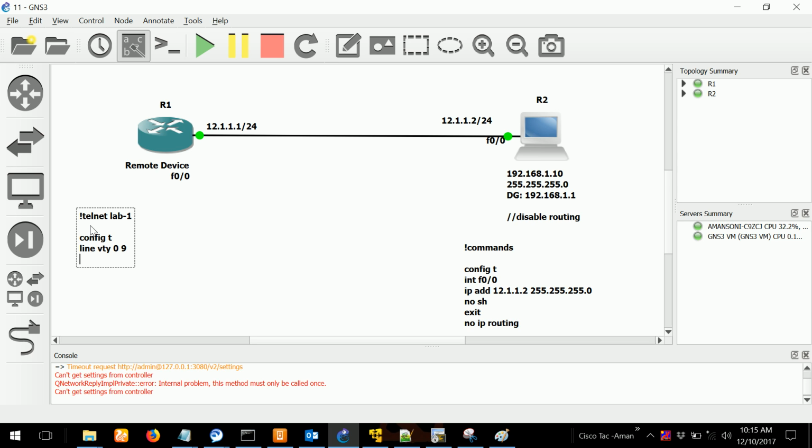So it is better to say password first and then login. Simple: we went to line VTY 0 to 9, I applied the password, I just activated them, and login simply means ask password. Always remember this. Login means ask password. What password? This password.